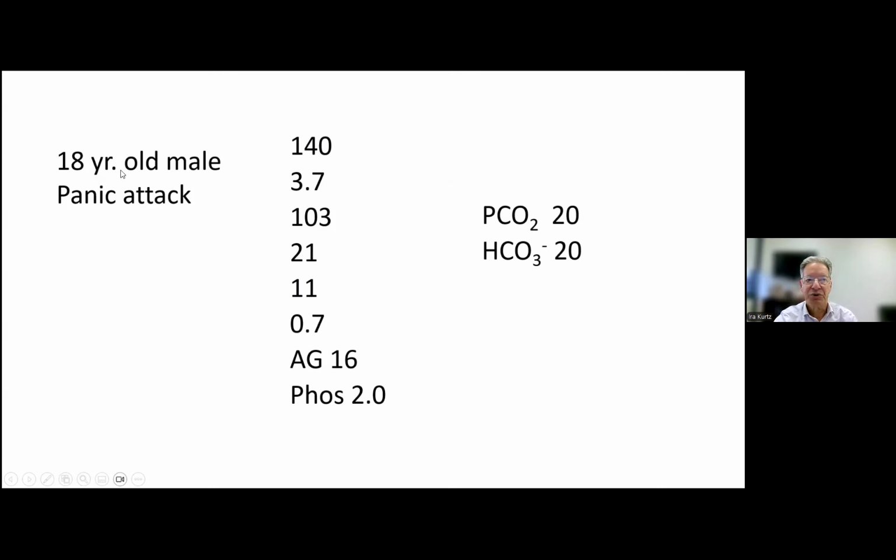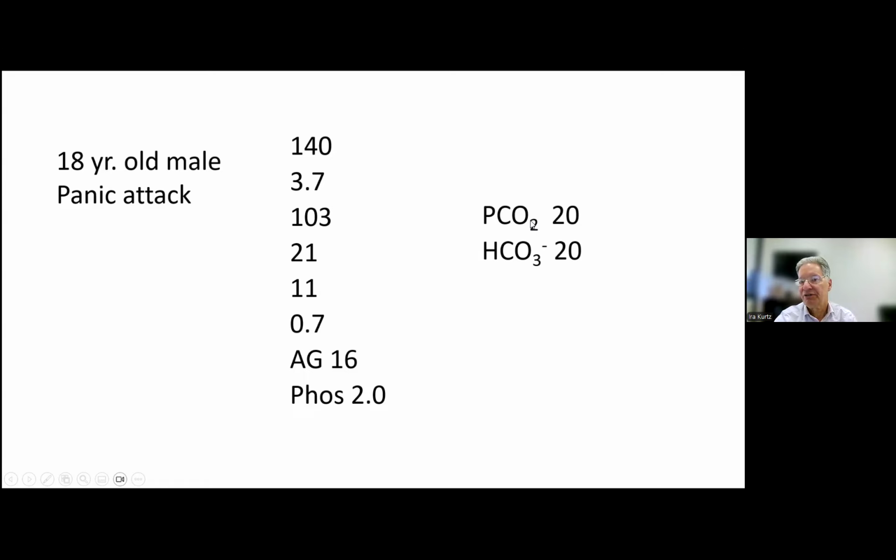Here's another patient with a panic attack. And again, we look at the bicarbonate and the PCO2, and first we look at the total CO2 and bicarbonate and answer, are they elevated, normal, or decreased? They're both decreased, so it's either, again, metabolic acidosis or acute or chronic respiratory alkalosis. And then we look at the PCO2 and calculate the deltas from normality. And you can see here that the bicarbonate's fallen by about 4 and the PCO2 is down by about 20